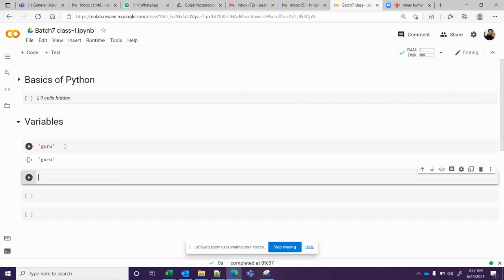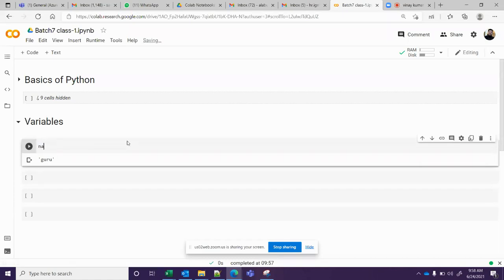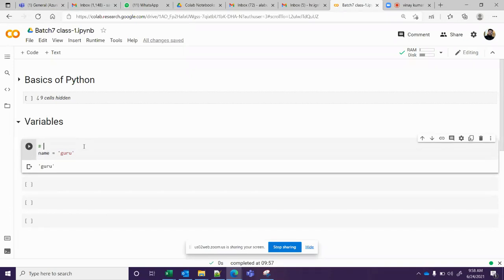Example, how to create a variable in Python? Let's say name is equal to Guru. There are so many things to understand here. Slowly we'll understand. I'm using a single equals. What does that mean? This equal is called the assignment operator. You're assigning a value. This is a value. This is a variable. What are variables? Variables are placeholders. As of now, the definition will change over time, but for now, you just remember name is a variable.